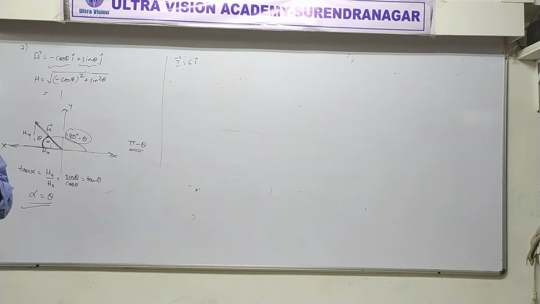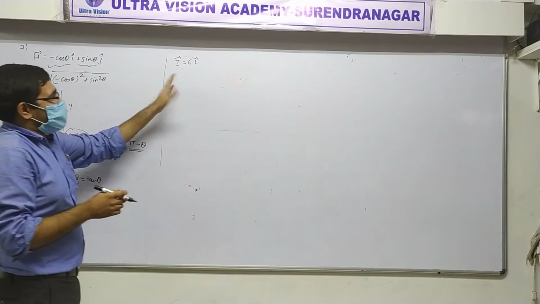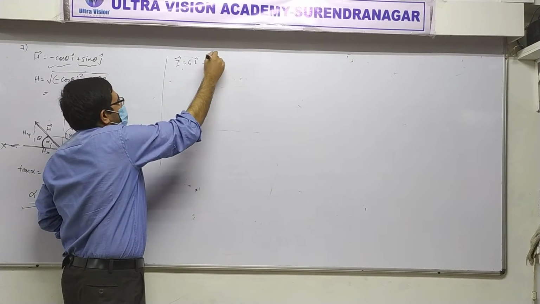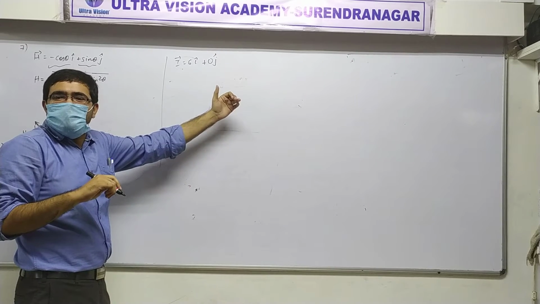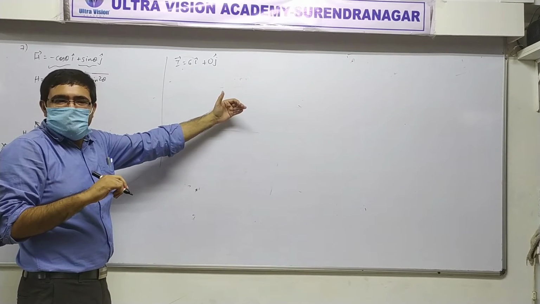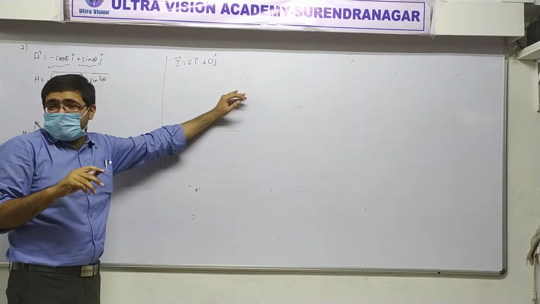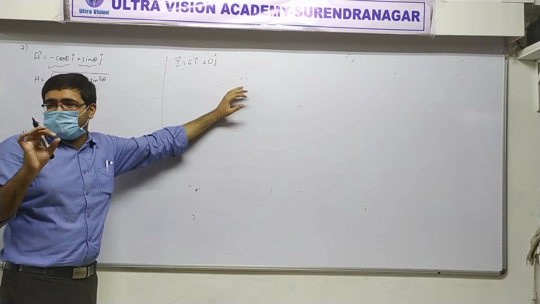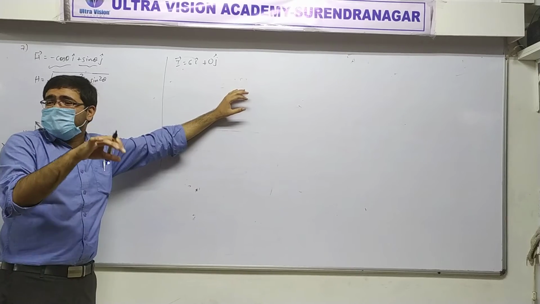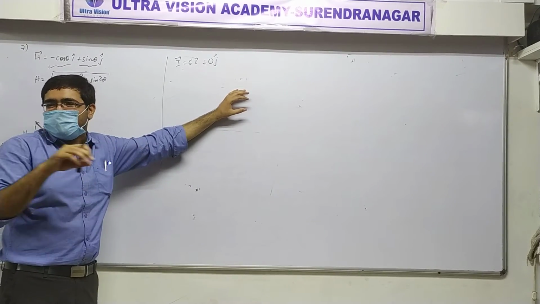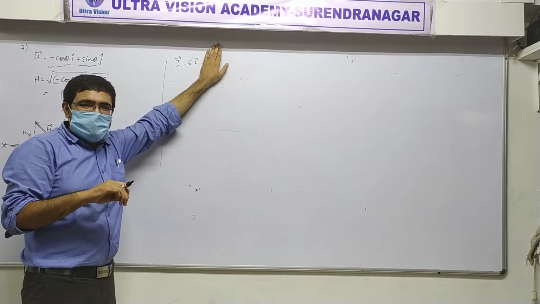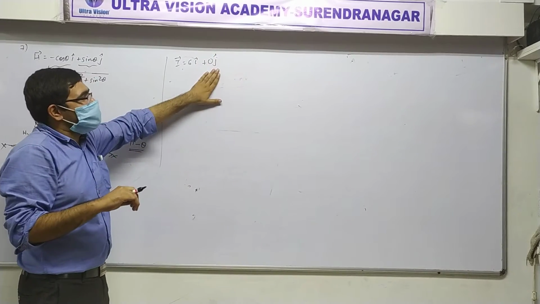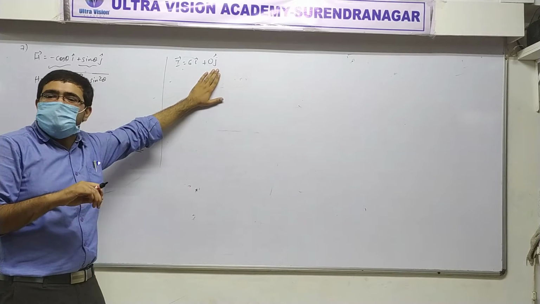This question is very very easy. Yes or no? 6i caret. And how many j caret? 0 j caret. Is that okay? There is no need to write. Clear? When someone asks you how many pens do you have, then you say 3 pens, and not 0 erasers and 0 scales and 0 compass boxes and 0 raincoats and 0 umbrellas. What I mean to say is, there is no need to write. Is it fine? And when it's not written, we understand by default that it is going to be 0.